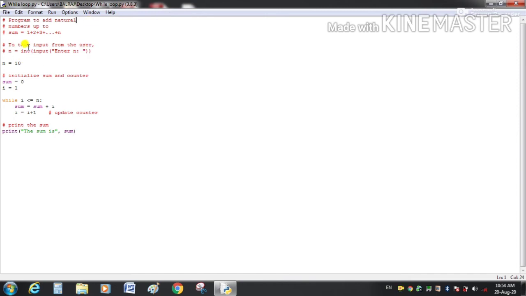To take input from the user, we are using here the input function. int(input("Enter n")) means for how many numbers we want to calculate the sum. That number n will be taken as an input from the user. So we are removing this comment because we want to take the input from the user.